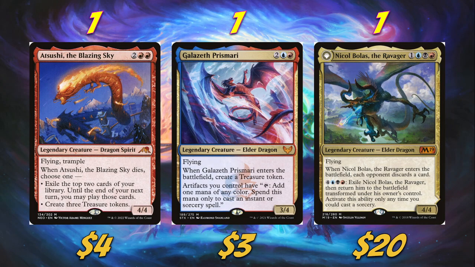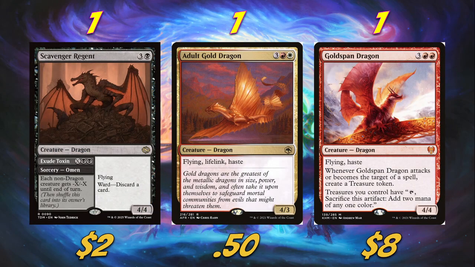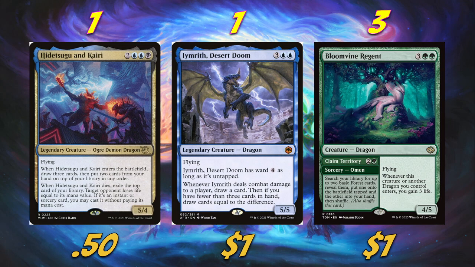We have red, we've got our blue dragons, we have a black dragon here as well. We're also playing 1 copy of Scavenger Regent, 1 copy of Adult Gold Dragon, and 1 copy of Goldspan Dragon. We're also playing 1 copy of Hitotsugi and Kairi, sorry if I mispronounced that, 1 copy of Imrith Desert Doom,